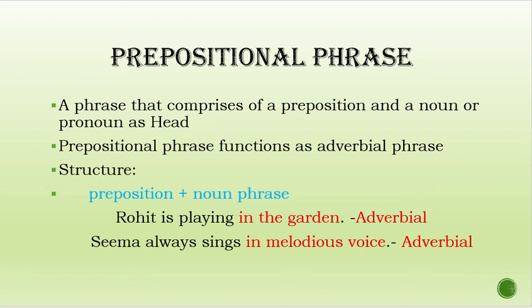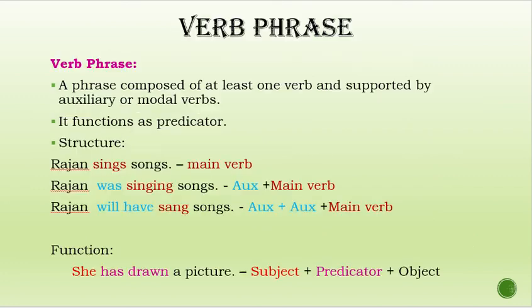Prepositional phrase functions as dash dash. Such questions may occur, or sometimes it happens that examples are given and for the underlined word you have to identify whether it is a prepositional phrase or a noun phrase. If there is a determiner plus adjective plus noun, you should know it as a noun phrase. Preposition plus noun phrase is a prepositional phrase. Then again we go ahead.